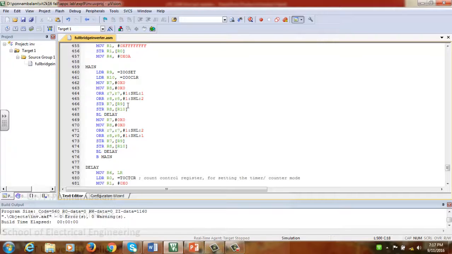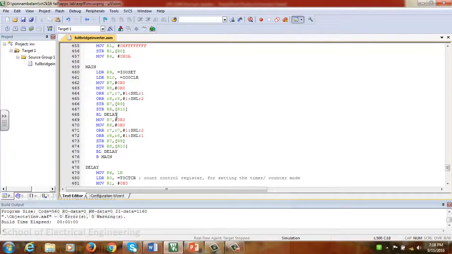Obviously you can understand the requirement. As far as an inverter is concerned, a positive going pulse initially should turn on one group of switches, while the other group of switches should be turned off. That is being done using this bit manipulation technique.